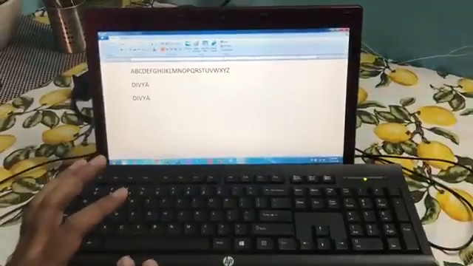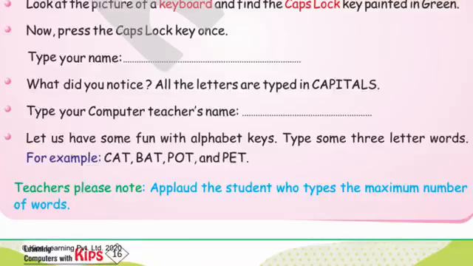So kids, there are few examples written of 3-letter words in your book on page number 16. So, we are going to type all those words in capital letters. Yes.